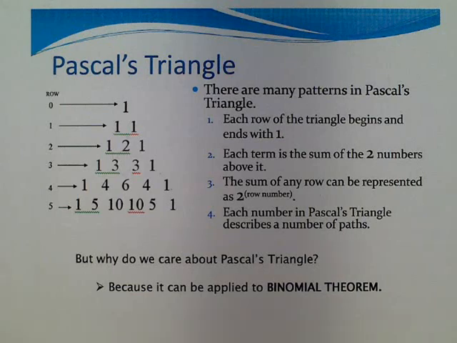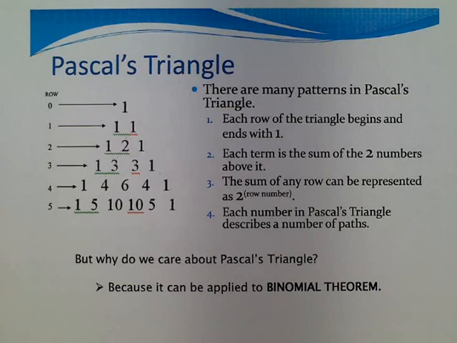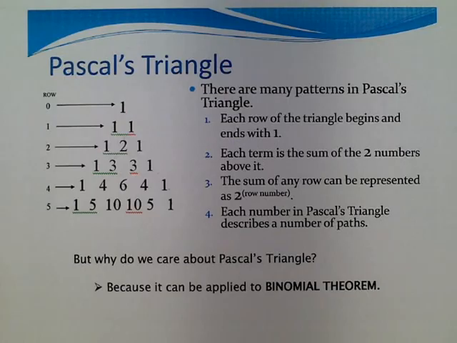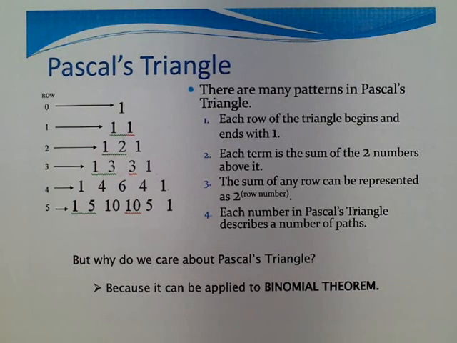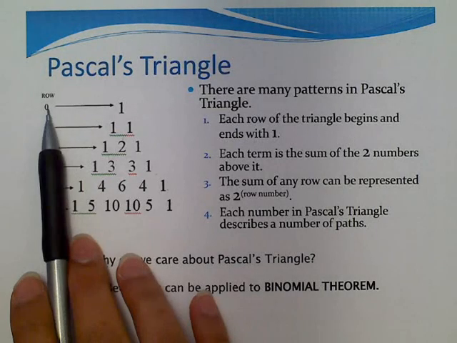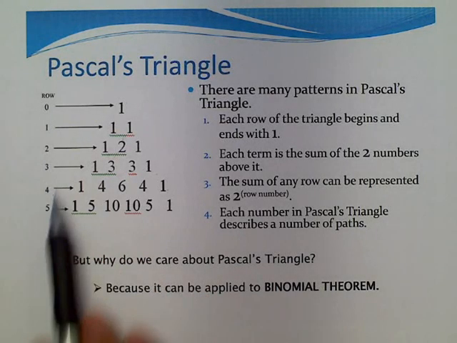In this lesson, we will be looking at Pascal's triangle and the binomial theorem. So starting with Pascal's triangle, Pascal's triangle tells us several pieces of information, and it actually helps us apply the binomial theorem. So in the triangle, what you'll see is that there are specific row numbers starting with row 0,